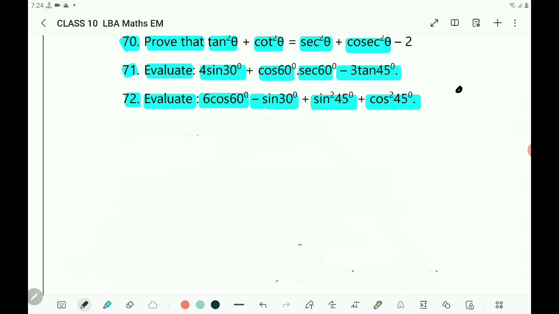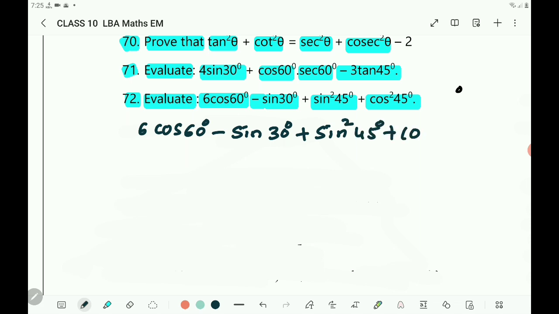Again you write that 6 cos 60 degree minus sin 30 degree plus sin square 45 degree plus cos square 45 degree equals, write this 6 as it is. Cos 60 is 1 by 2 minus sin 30. Sin 30 is 1 by 2